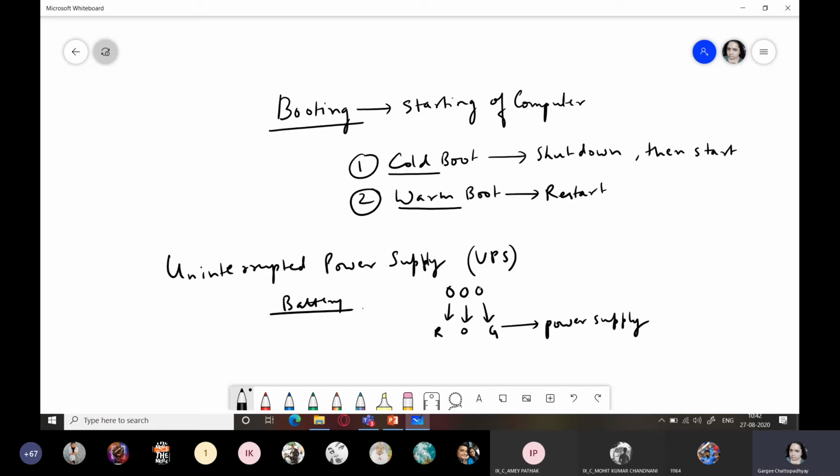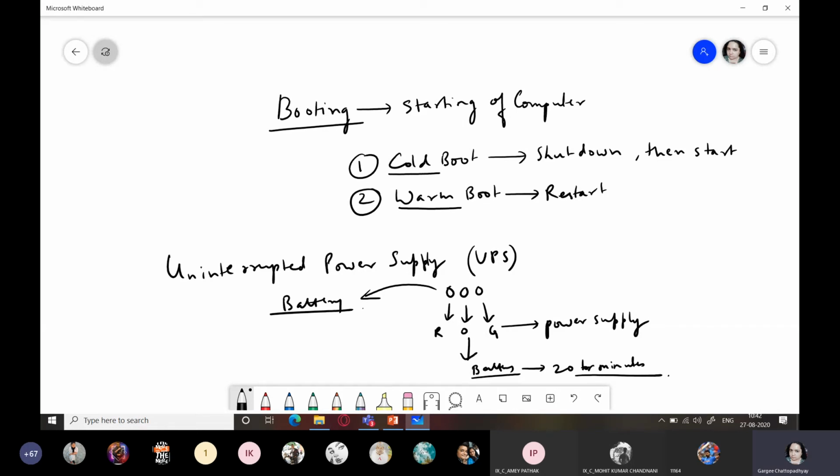When the electricity goes off, it quickly switches to battery mode, and the orange LED light starts glowing. That is, it is running on the battery power, and that will give you only 15 to 20 minutes of backup, not more than that. So you should always consider properly switching off your computer.